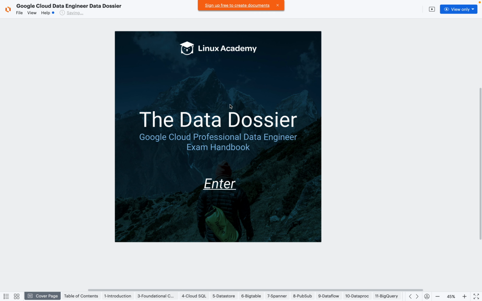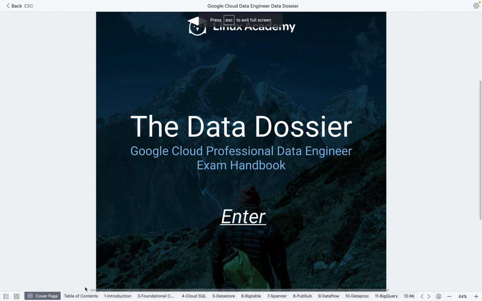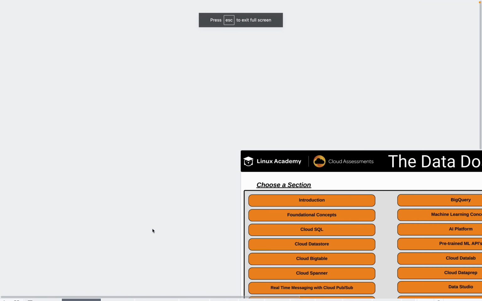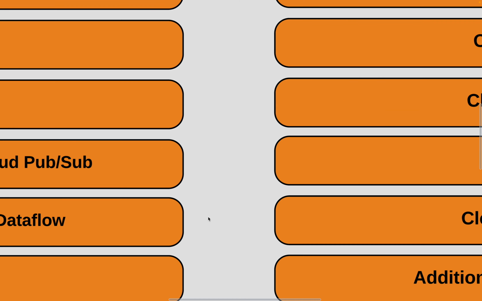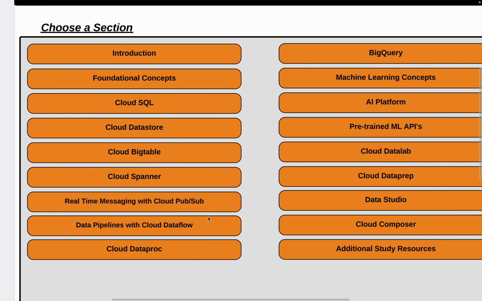I'm going for the Google Cloud Professional Data Engineer Exam's Handbook. We are going to cover some things: an introduction, and then we are going to talk about fundamental concepts, and then SQL